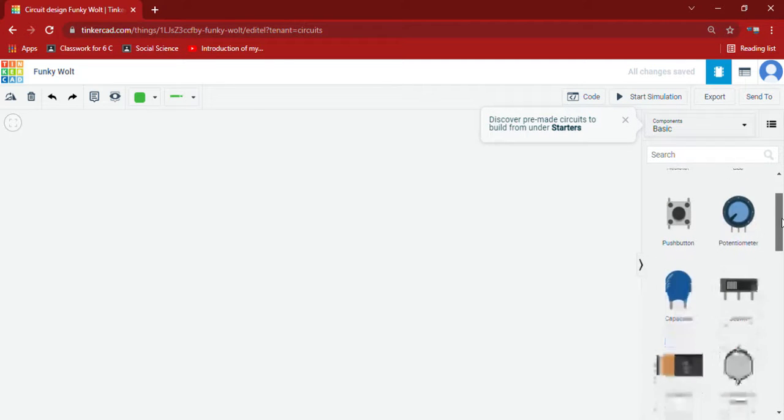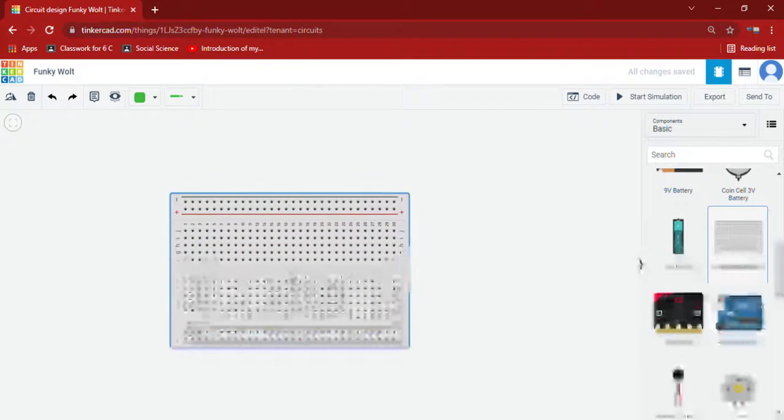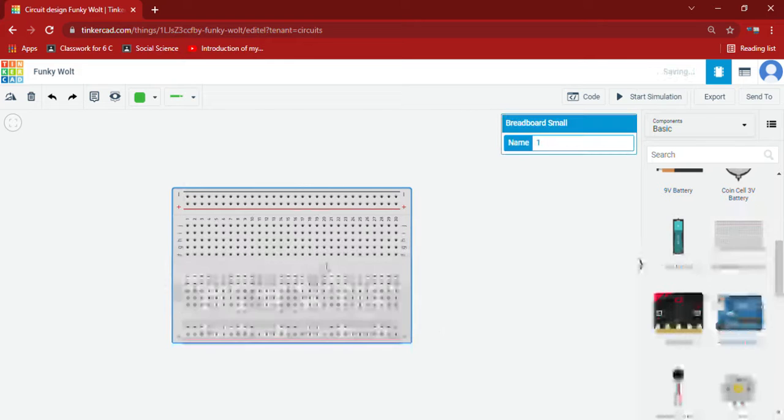Now I am taking a breadboard. This is a breadboard. There are three types of breadboard.